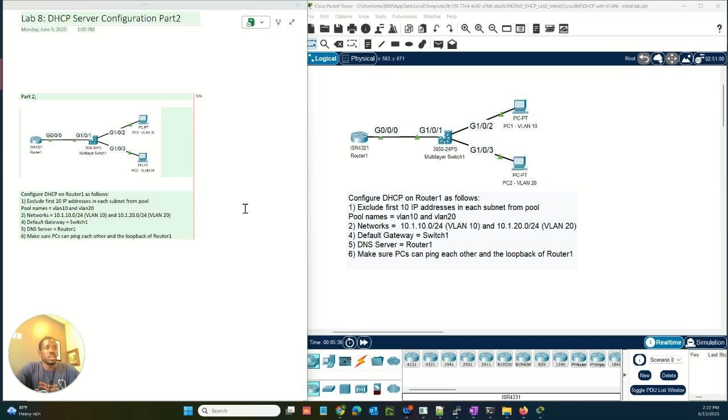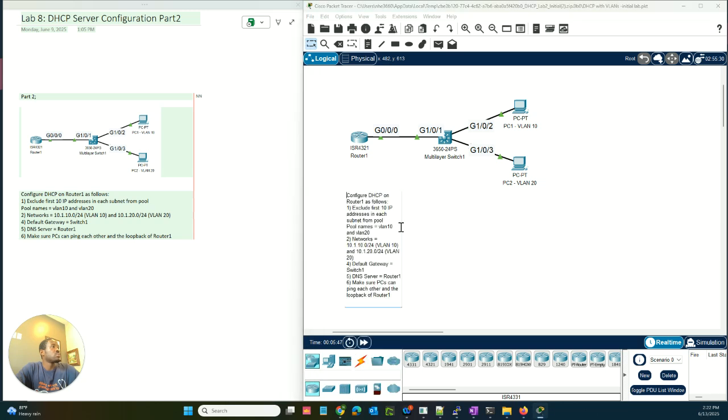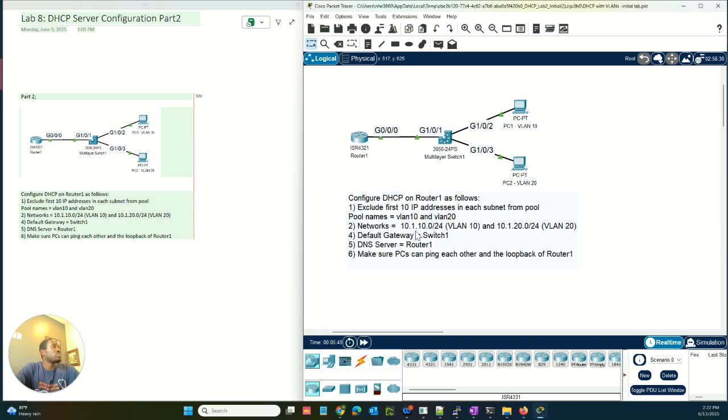So we're going to create a network 10.1.10.0/24 for VLAN 10, and within this network we're going to exclude the first 10 addresses. We do the same for 10.1.20.0/24, VLAN 20. We will exclude the first 10 IP addresses, and we will configure the